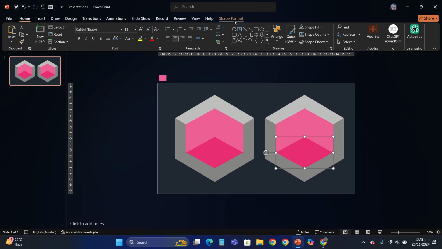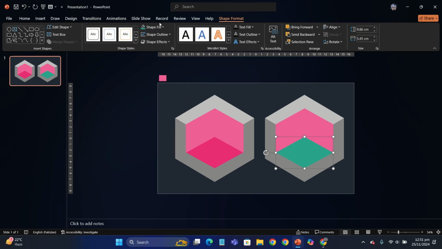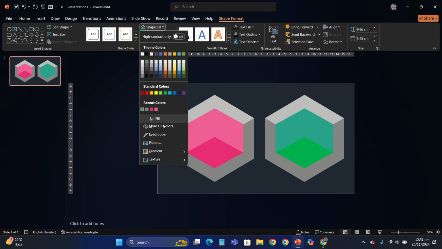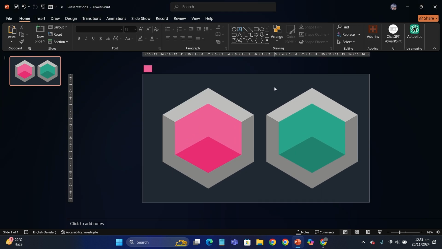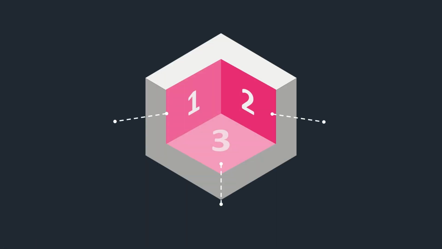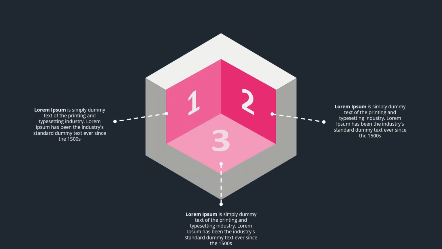And I'll show you how to use some other color. So for now, as you can see, I'm going to use this green color right now, and you can see that I'm just going to darken the base color. So this is the final result,